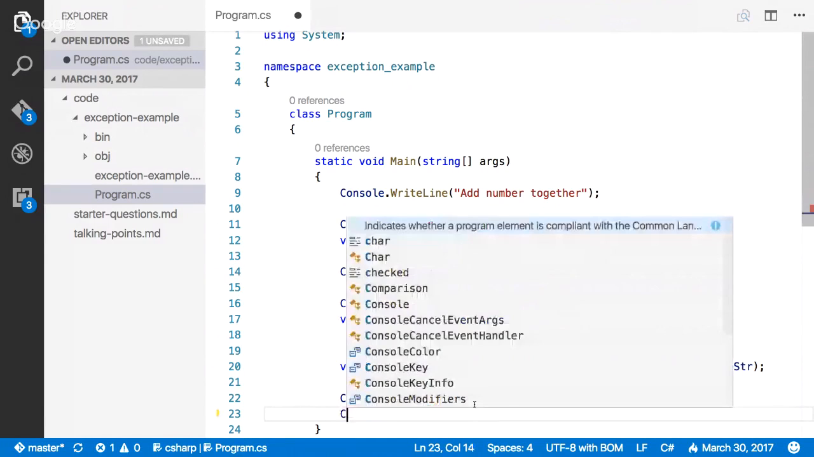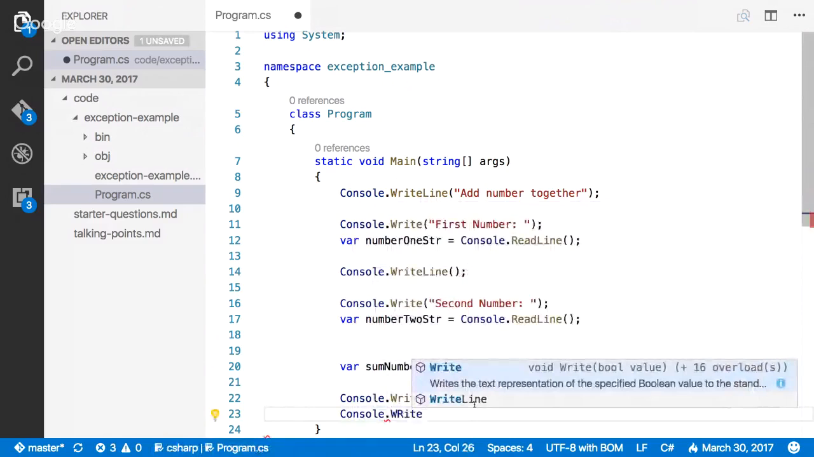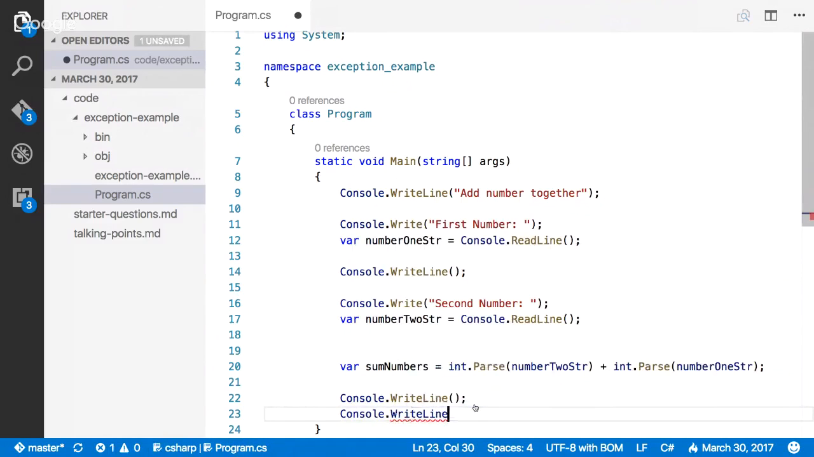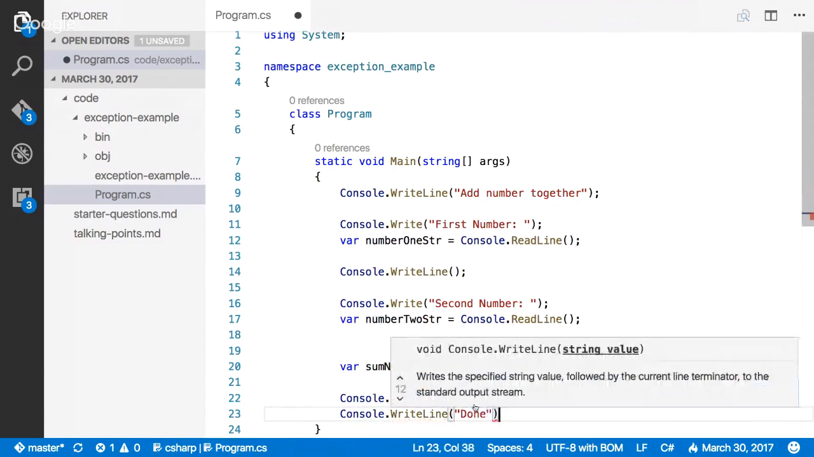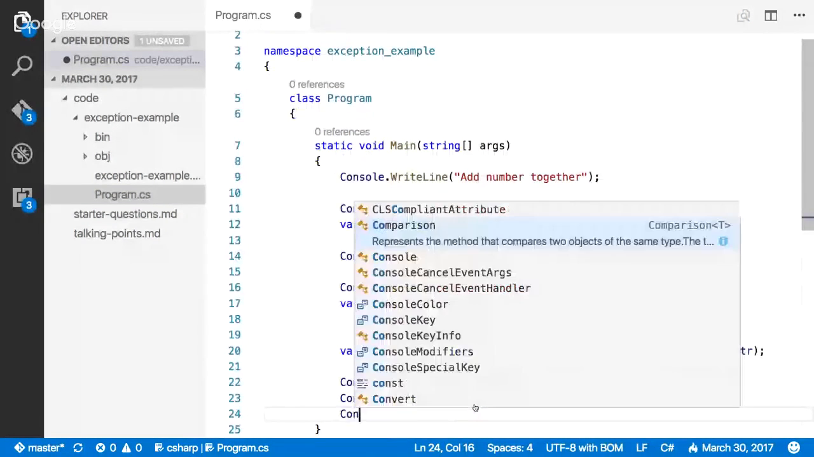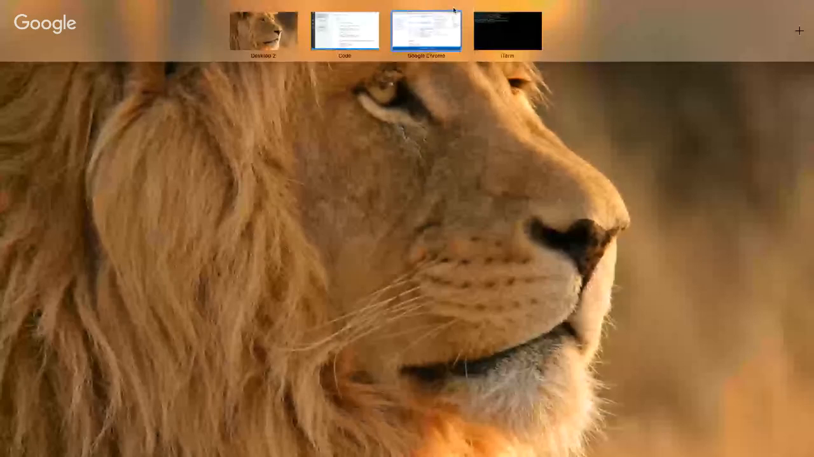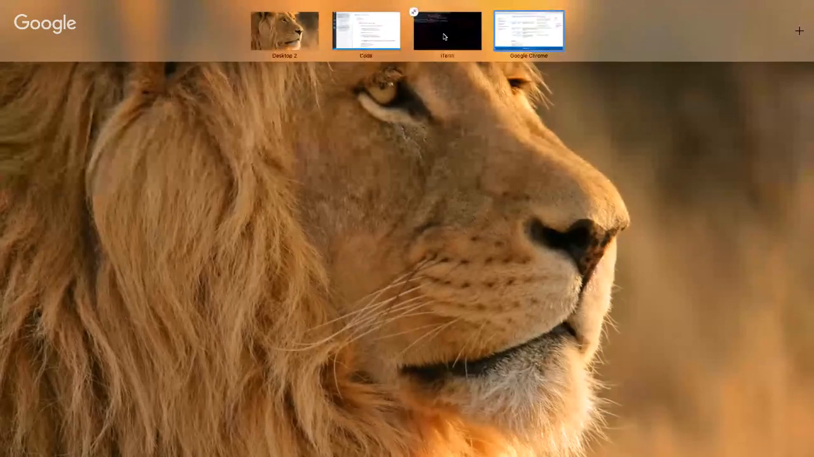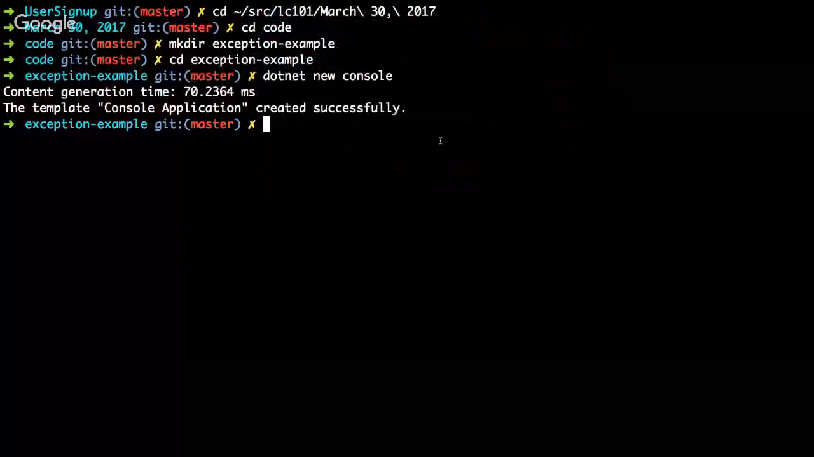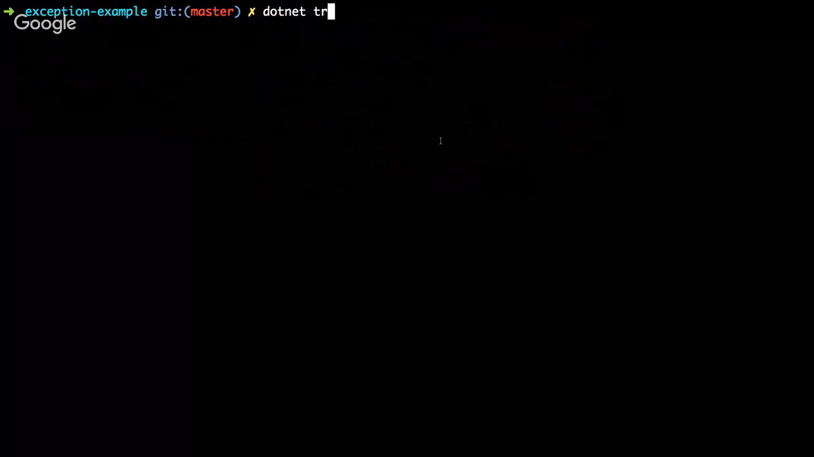Break it up. And we'll do that. Console.Read so that it stops. So right now we've done no exception handling. Okay. So we'll put our first number in, our second number in,